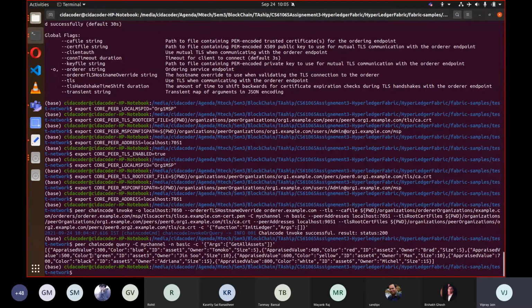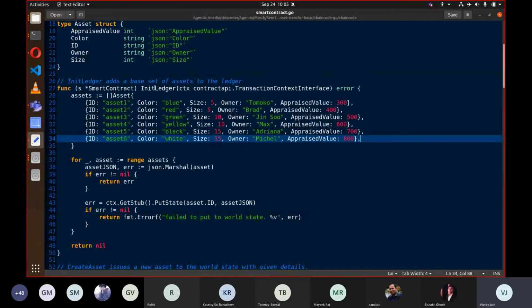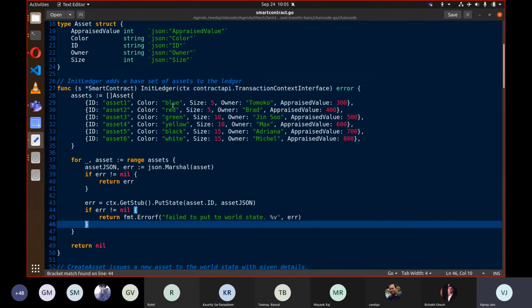So when I ran this command, we can see that the data came as a response in the form of JSON, where we can see the values which we have just passed to the ledger with the help of this InitLedger function. So we can see asset1, blue, Tomoko, 300.